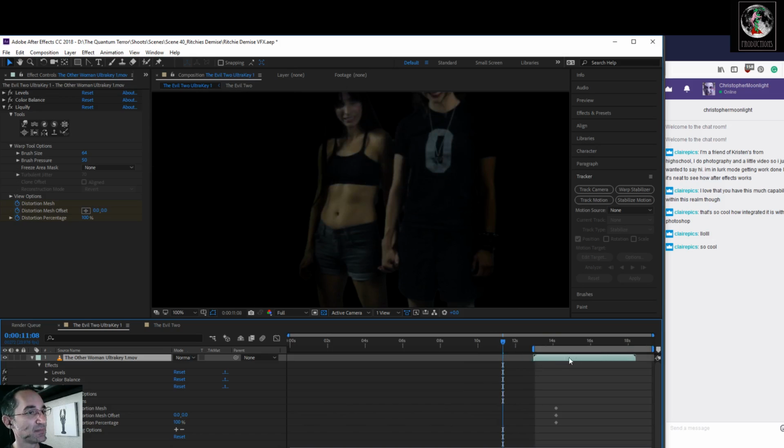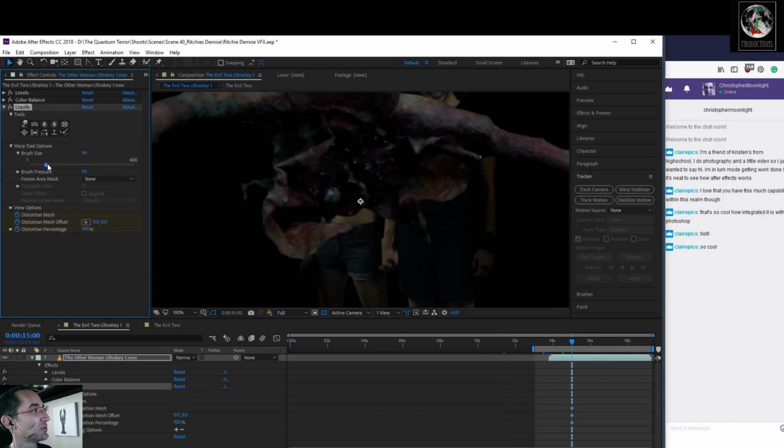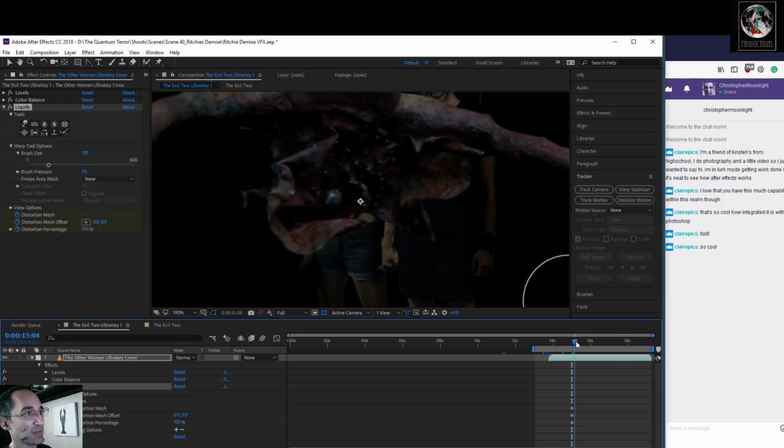I see what I did. So you have to use this brush size to drag it back and forth to get the size you want. So just beware of that.